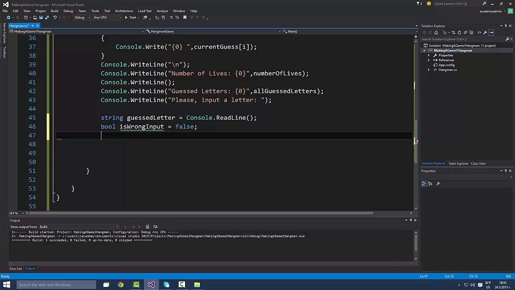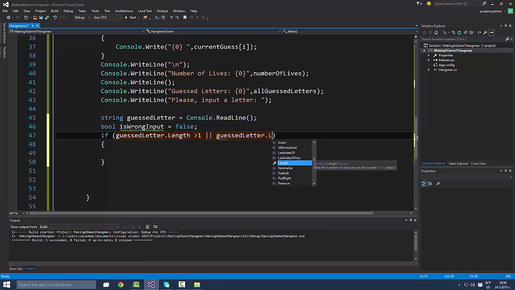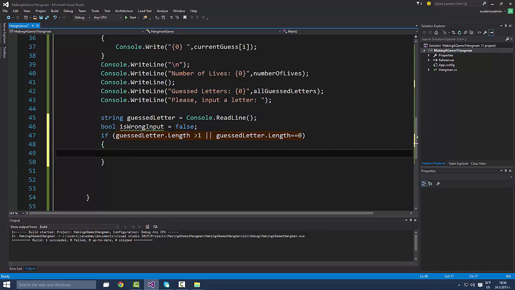And then we will be having if, let me just use that because it's easier, if guessed letter dot length is bigger than 1, or guessed letter dot length is equal to 0. We are going to be doing something here. Let me just check if that's fine. Okay, that is fine. So the reason why I have 0 here is that if I just press enter,